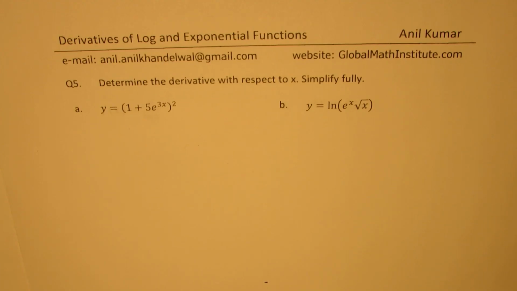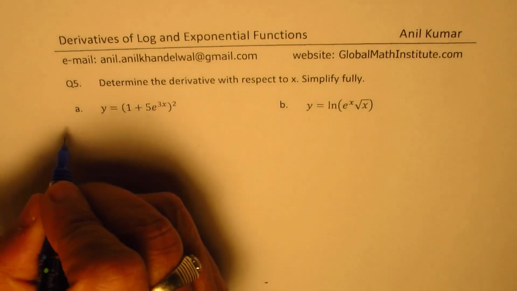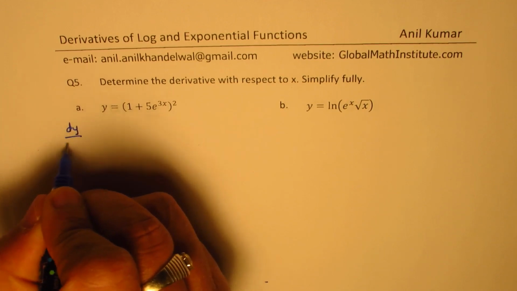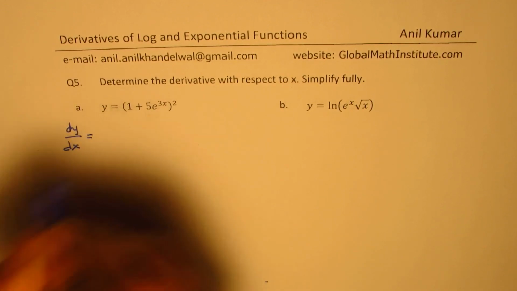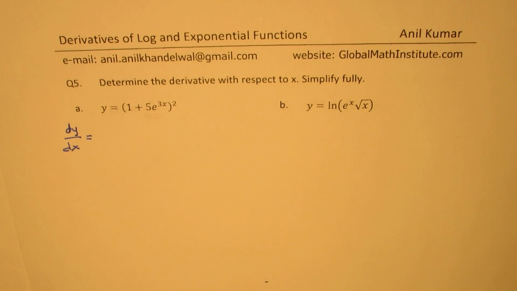Here is question number 5. Determine the derivative with respect to x. Simplify fully. y equals (1 plus 5 e to the power of 3x) whole squared. So the derivative dy/dx, the derivative with respect to x, is